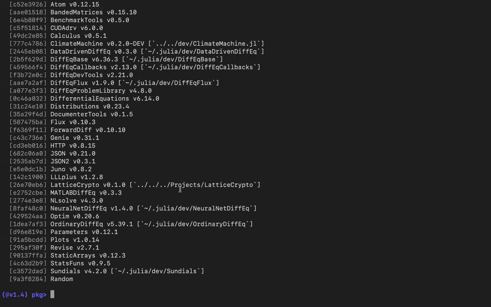I tried to reproduce a conflict myself, but I wasn't able to because everything is very updated. If you keep your things updated in your Julia environment, you probably won't get any problem.